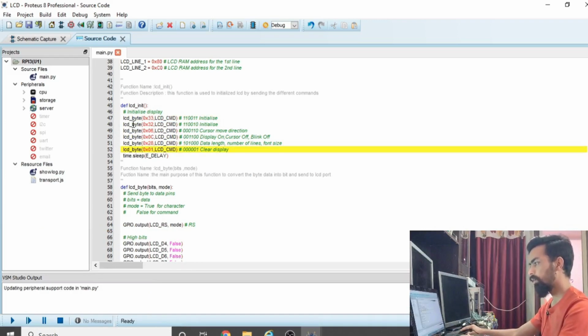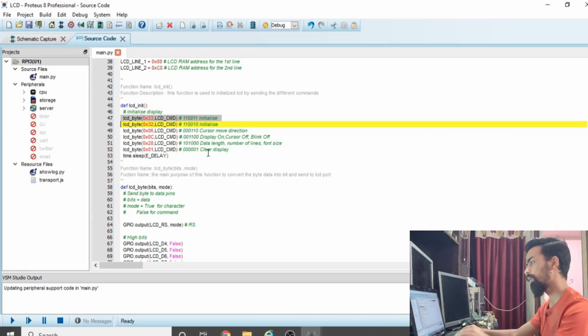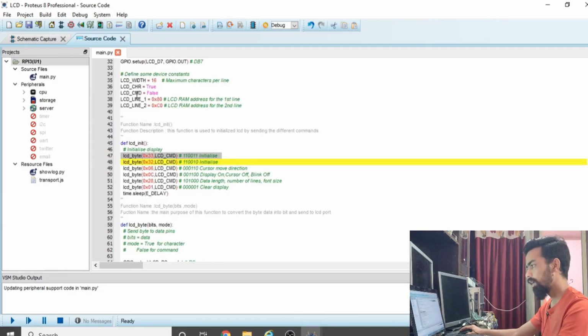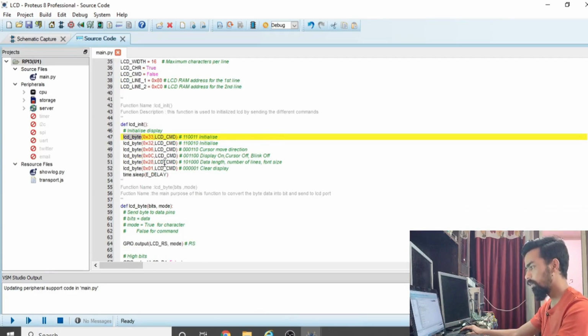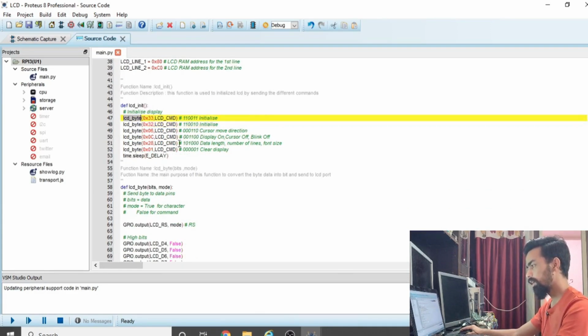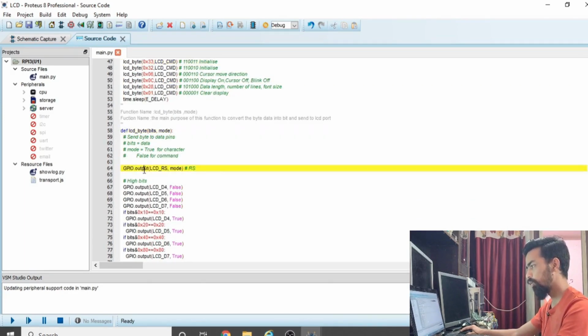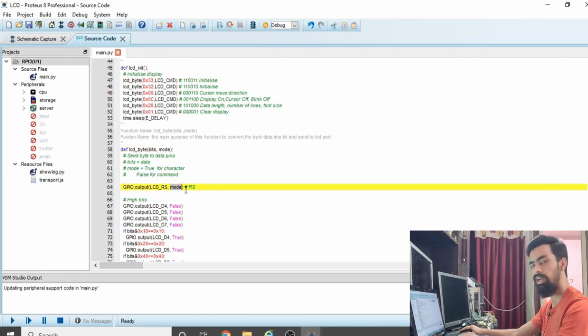The main important part is how to send these LCD commands from the Raspberry Pi to your LCD. So there is the function lcd_byte, where you have to pass the command and the LCD command mode. The LCD command is the variable we have already declared here, set to False. So we will see what this function is. The LCD command jumps to this lcd_byte, and then here we select GPIO.output on the LCD RS pin with mode. So what is mode? We have sent mode as LCD command, which means this is the command mode.